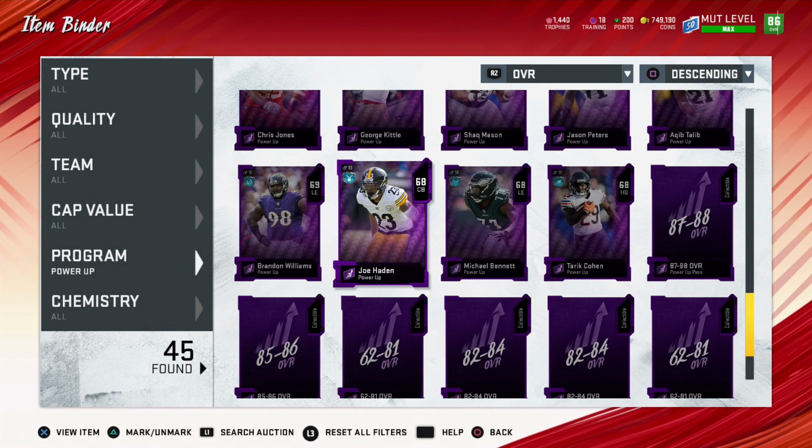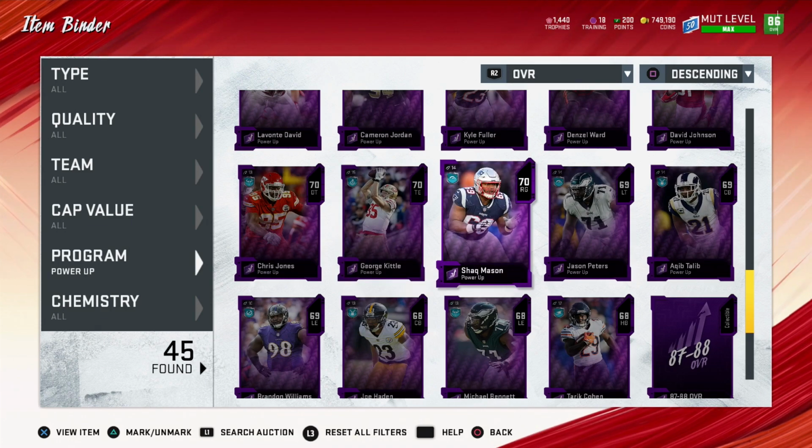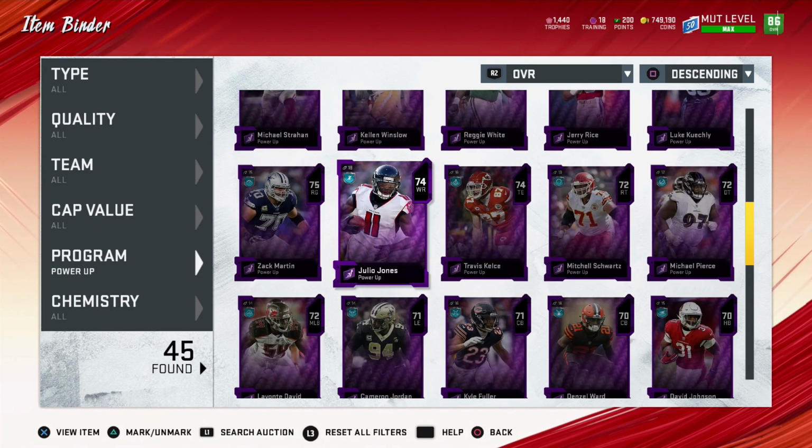I mean, I did get pretty lucky there. Like I said, got the Julio Jones. That's like a 9,000 coin profit after the tax and whatnot. But basically, like some of the power-ups you guys can see here, I did buy quite a few of these,